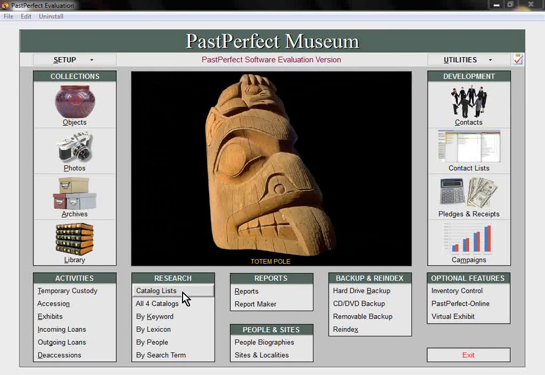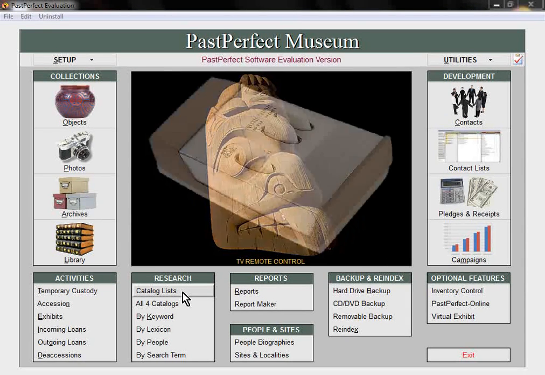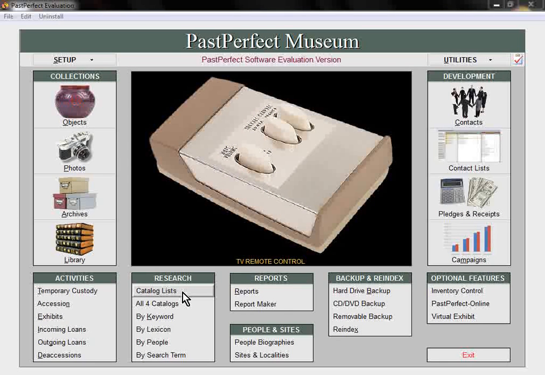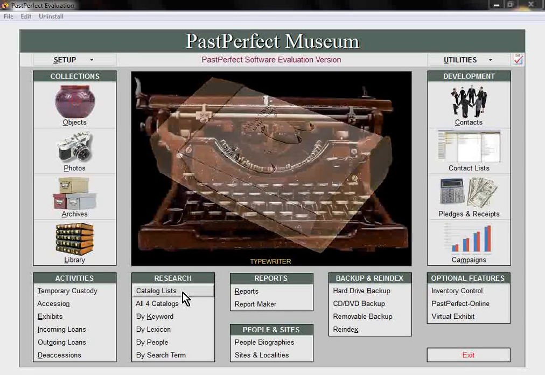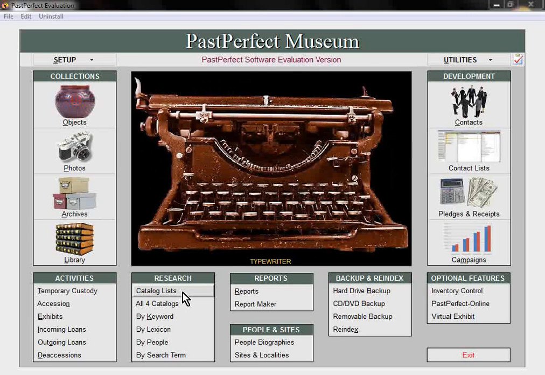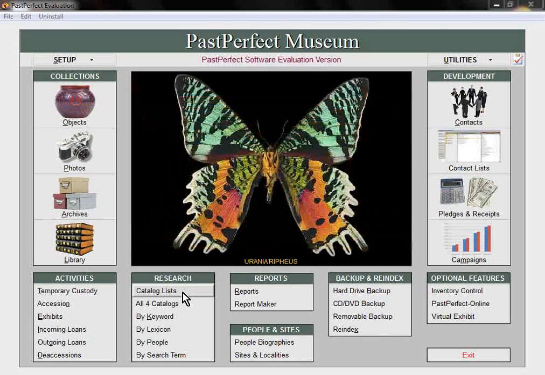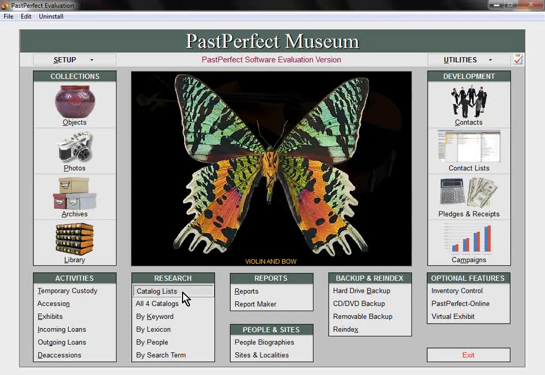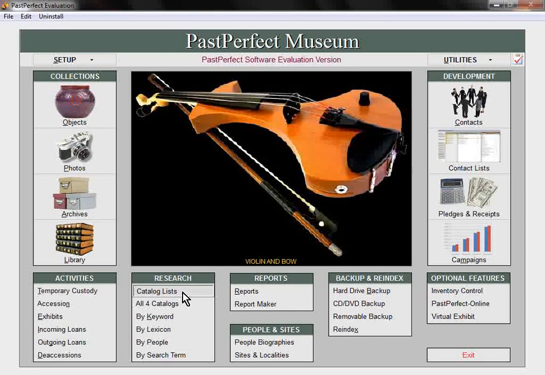One of PastPerfect 5's biggest new features is the ability to include items in your collection onto catalog lists. These lists enable you to group items together for a single purpose, whether it is to prepare items to go on exhibit, move them to a new home location, set relations, or mark them to be uploaded to PastPerfect Online. With PastPerfect 5, creating lists and adding catalog records is a simple process and will maximize the way you use